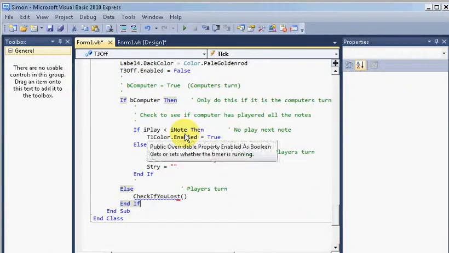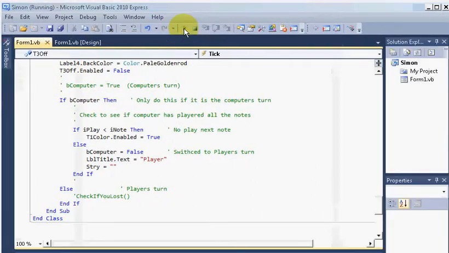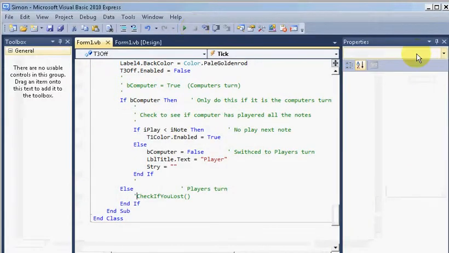If it's a computer turn, we have to see if we played enough notes. If it's the player's turn, we want to see if you played the correct note or if you lost. So we need to add a new subroutine. I'm just going to comment it out now. I'm going to run it. I'm going to start. It plays a note, and then the color goes off. So let's remove that comment